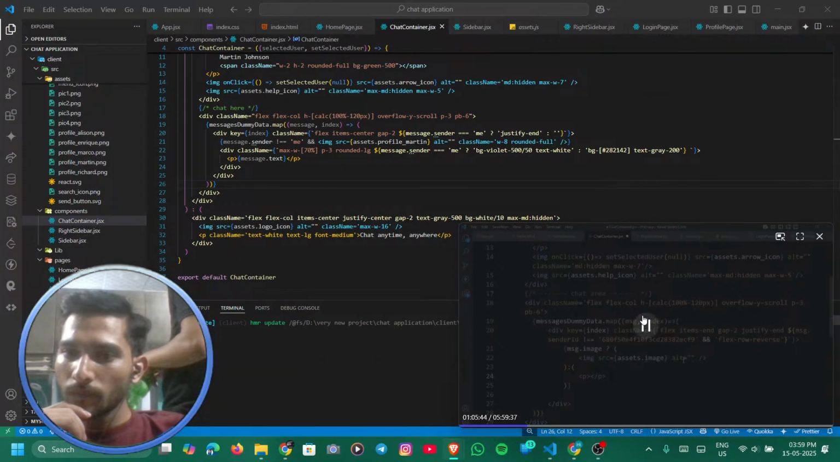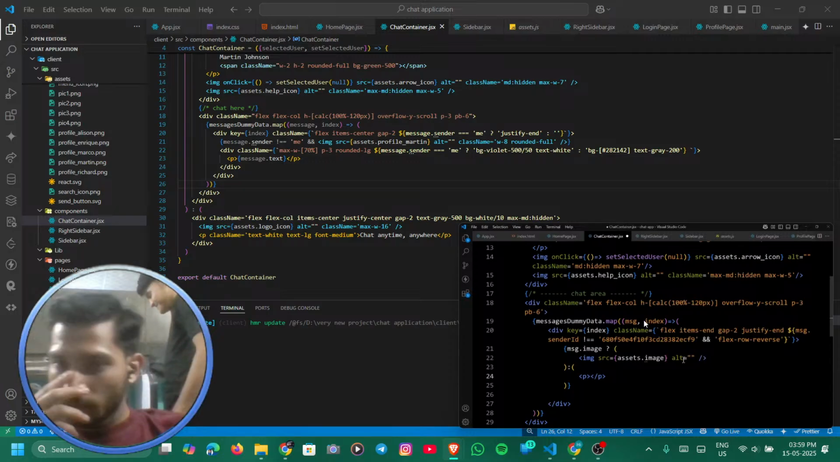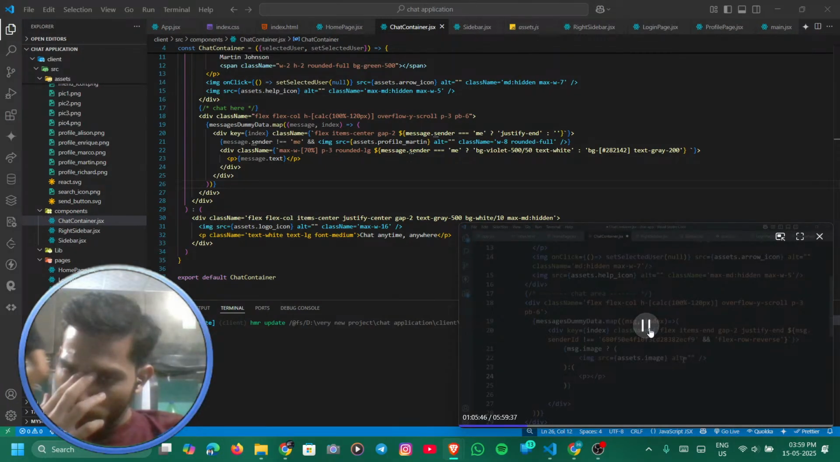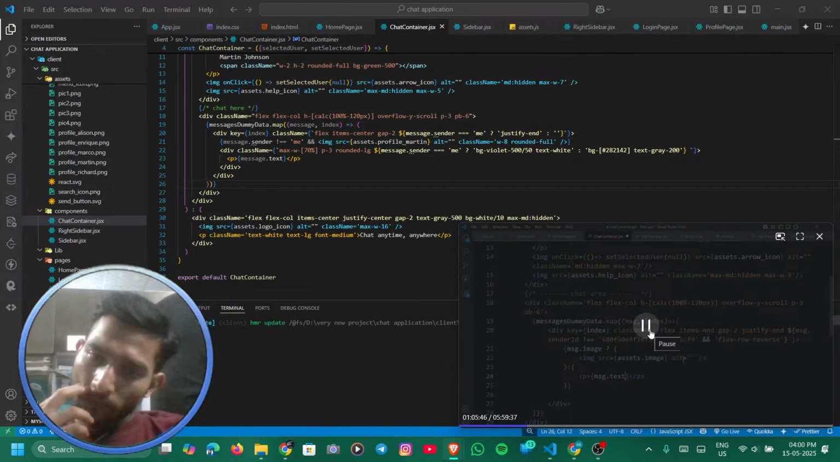Now in this p tag we will add the curly braces, we will add the message dot text like this. And now let's add the CSS properties here in this image. So